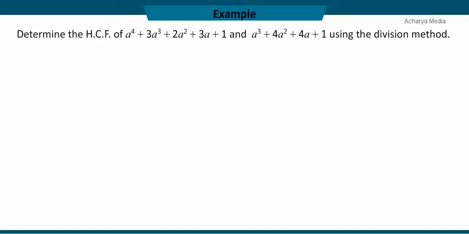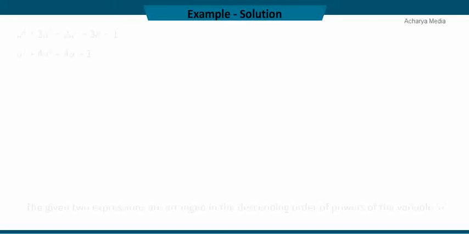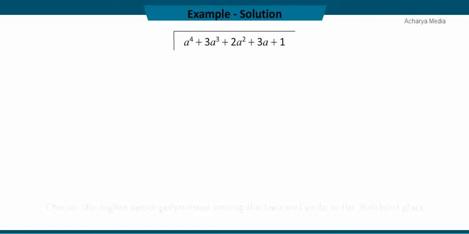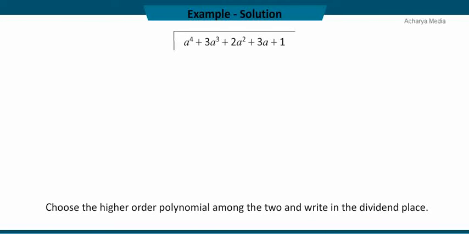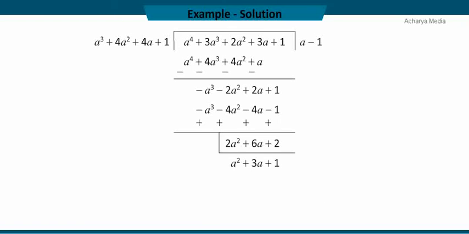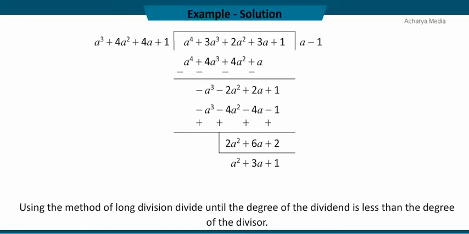Determine the HCF of a power 4 plus 3a cube plus 2a square plus 3a plus 1 and a cube plus 4a square plus 4a plus 1 using the division method. Solution. Step 1. The given two expressions are arranged in the descending order of the powers of the variable a. Step 2. Choose the higher order polynomial among the two and write it in the dividend place. Step 3. Write the other polynomial in the divisor place. Step 4. Using the method of long division, divide until the degree of the dividend is less than the degree